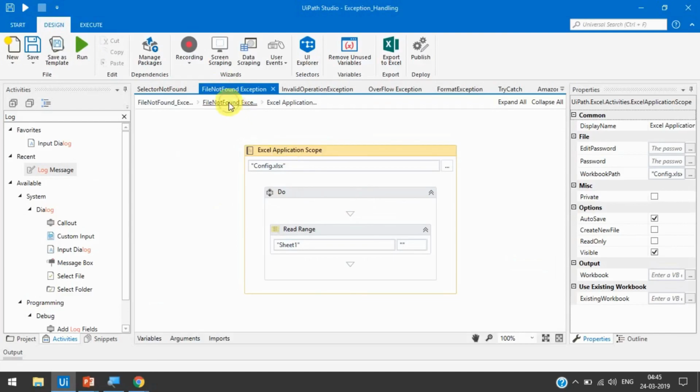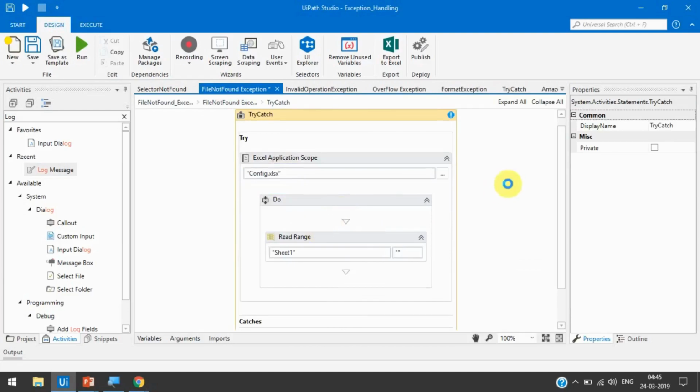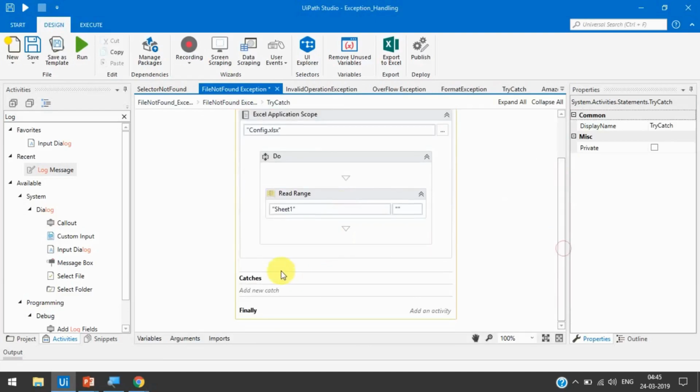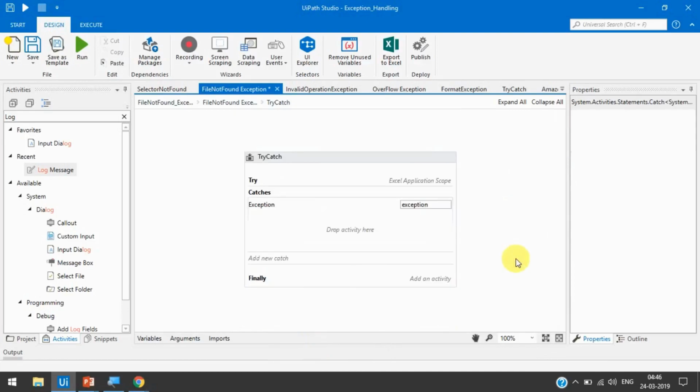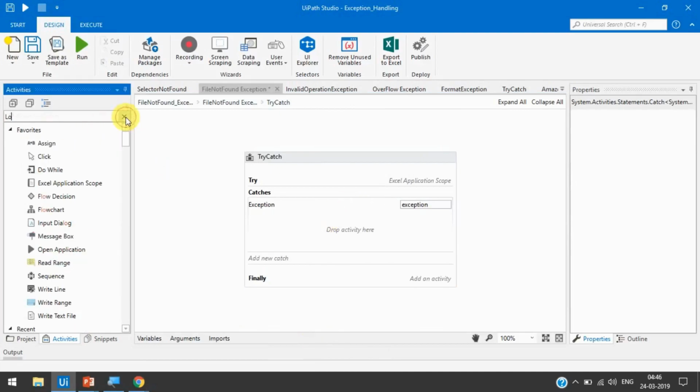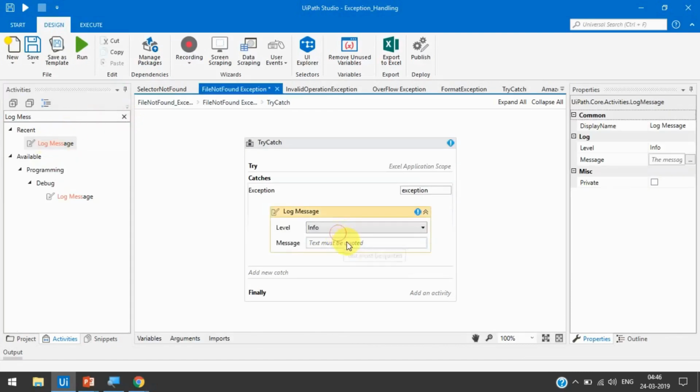We can first put that activity in a try catch block using Ctrl+T, and then in the catch block we can take a file not found exception, or we can take system.io exception, or we can directly take system.exception. So all three will work the same, right? Now we can drag and drop one log message activity here,